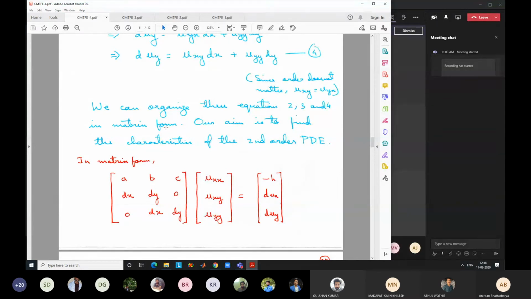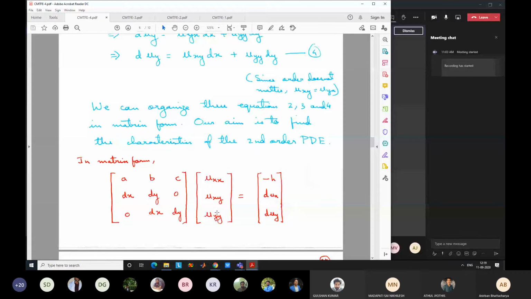We have noted that characteristics have some discontinuity. Yes, determinant 0. Correct, very good. So let me describe it for the others. We have noted that the characteristics are some discontinuity in the highest order derivatives. What are the highest order derivatives? These three variables are the highest order derivatives: uxx, uxy, and uyy. If there is a discontinuity in that highest order derivative, it means that at those points either the solution does not exist or an infinite number of solutions exist.